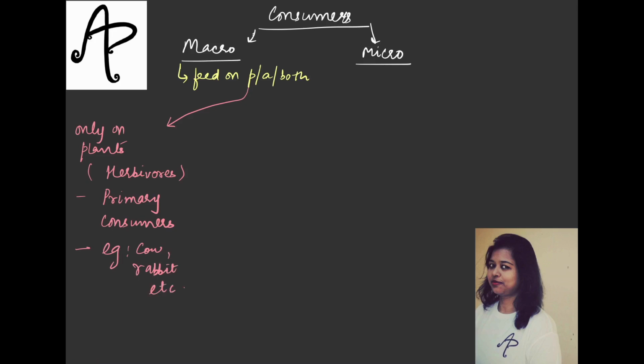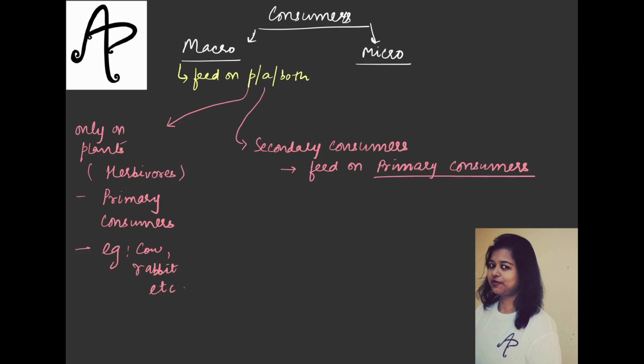Then you will have in the animals also different kinds. अब यहाँ primary थे तो यहाँ what will happen? Here it will be secondary consumers. Secondary consumers will feed on the primary consumers. That is also very clear. तो primary consumers यानी कि वैसे लोग जो कि आपके plants को खाते हैं, ठीक है, herbivores, उनको consume करेंगे, they will be secondary consumers. For example your wolves. Then in that only another category is your tertiary consumers, जो कि animals खाते हैं. So tertiary consumers they will feed on secondary consumers.